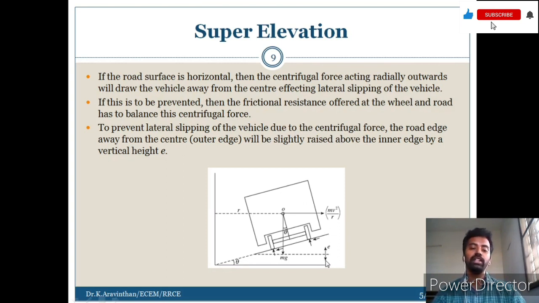This prevents the vehicle from toppling and it will not allow it to slip. So super elevation supports the object, particularly cars and moving vehicles on a road. This elevation reduces the centrifugal force and gives a stable driving